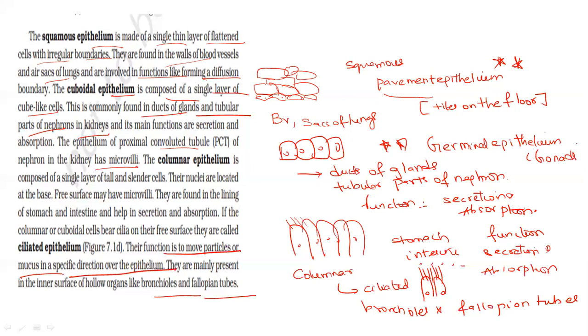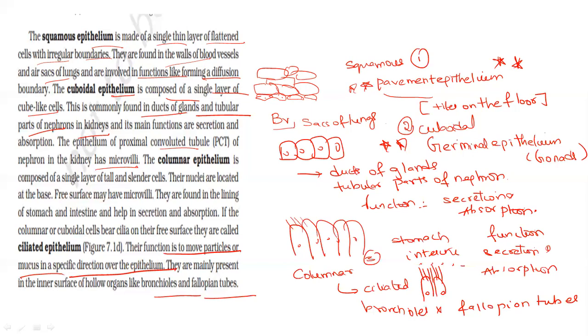All right, so let's have a review again. There are three types of epithelium: squamous epithelium, cuboidal epithelium, and columnar epithelium. The other name for squamous epithelium is pavement epithelium. It can be seen in blood vessels and sacs of lungs. Cuboidal epithelium is cuboidal in shape. It can be seen in ducts of glands and tubular parts of nephron, and its main function is secretion and